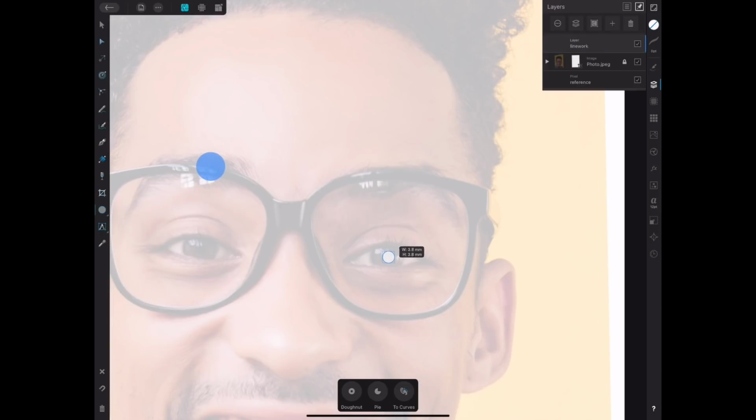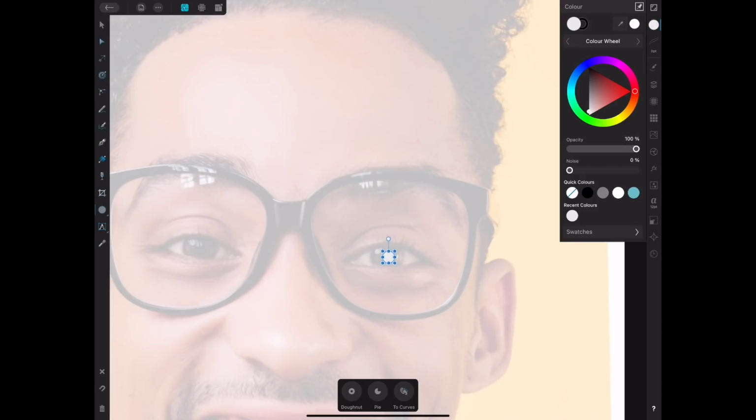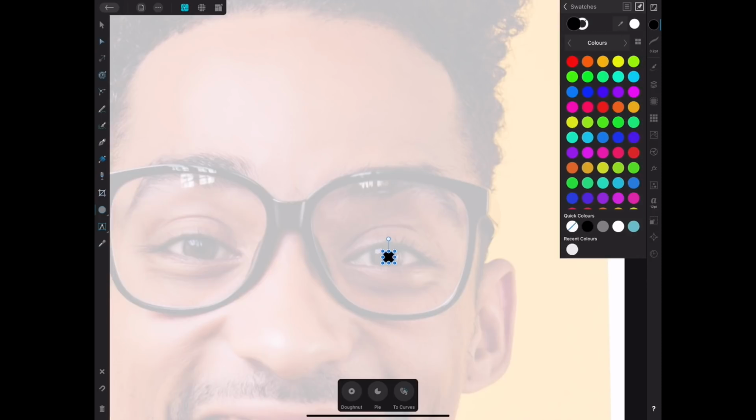Now I'm going to start off just by using the shape tool to create a couple of dots for the pupils of the eye, and then the majority of the rest of the drawing is going to be done using the pen tool and the pencil tool. So I've set up the shape here for the pupil. Just going to duplicate that, and by holding your finger on the screen and dragging the shape across, we can